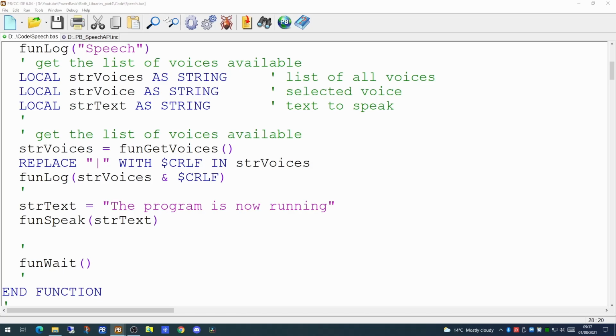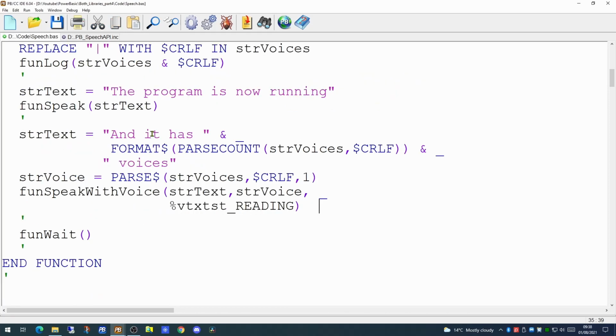So now that we've stored each of the voices in this strVoices variable, we can pull the information out of there to change the voice we wish to speak with. And we're going to use one of the other functions, speak-with-voice, to allow us to speak with a specific voice. And we're building up the text we wish it to speak in the strText variable. And we're parsing the strVoices based on the carriage return line feed, and the last parameter there is the voice we wish to speak. As we have 3 voices, it's either going to be voice 1, 2 or 3. If we pick voice 3,